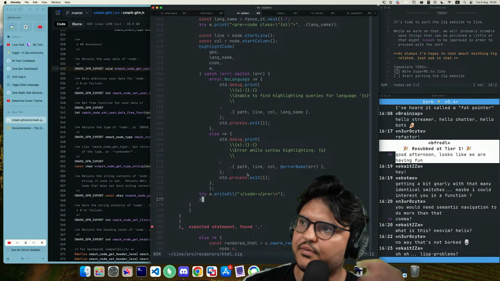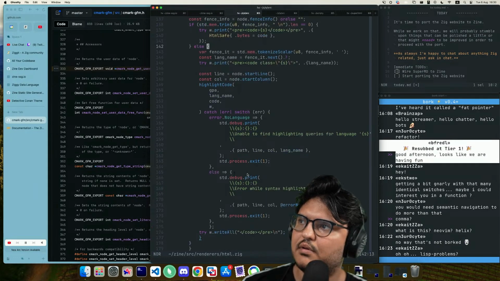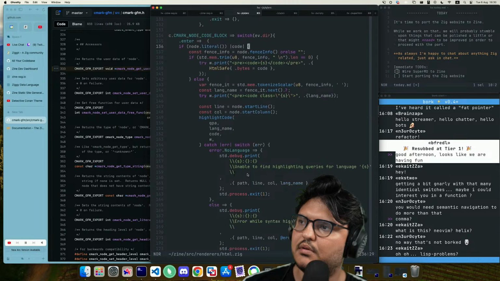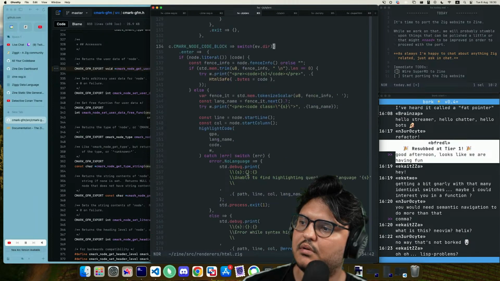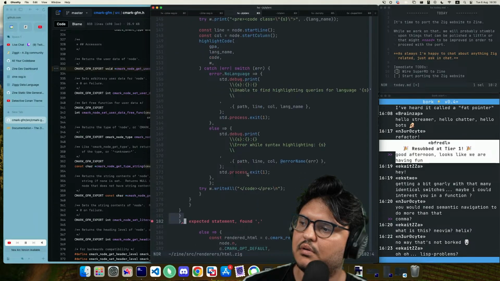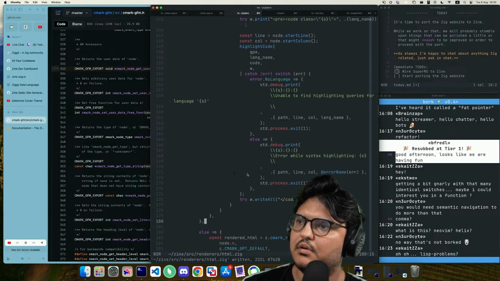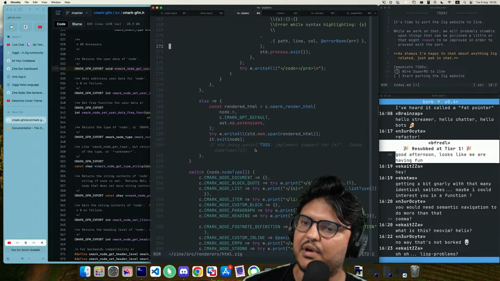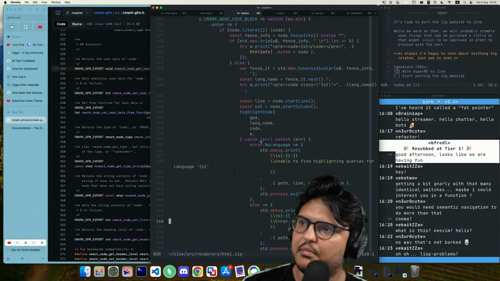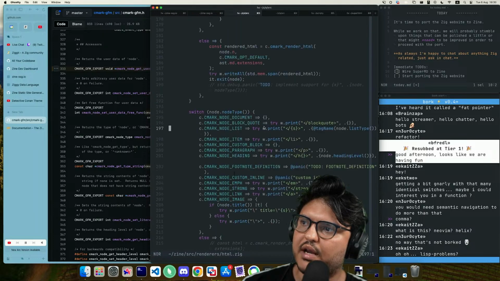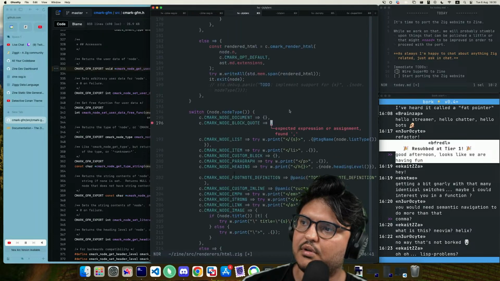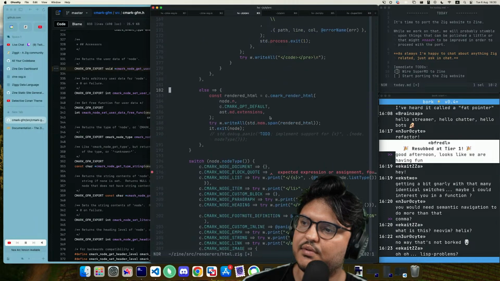Okay, this is now starting to make a lot more sense. There we go. Man, what a mess. Okay. Back on track. Now it's time to incorporate all the other cases. So this is block quote.